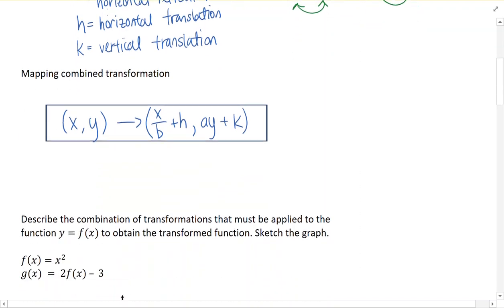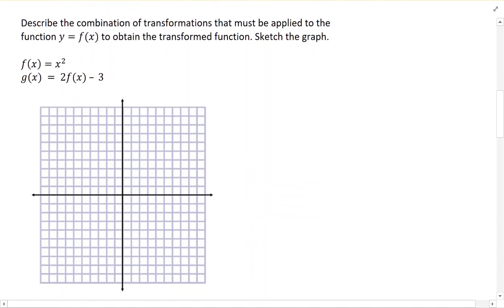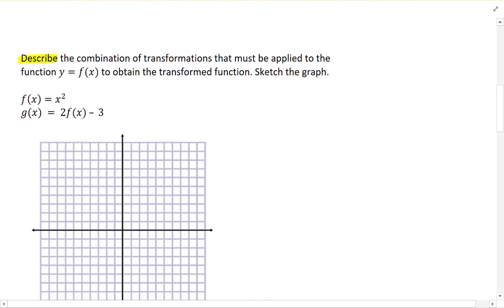So let's look at this in an example. Here we have describe. Remember this word? Describe. What do we mean by that? We mean words. Oh, actually, before we continue,